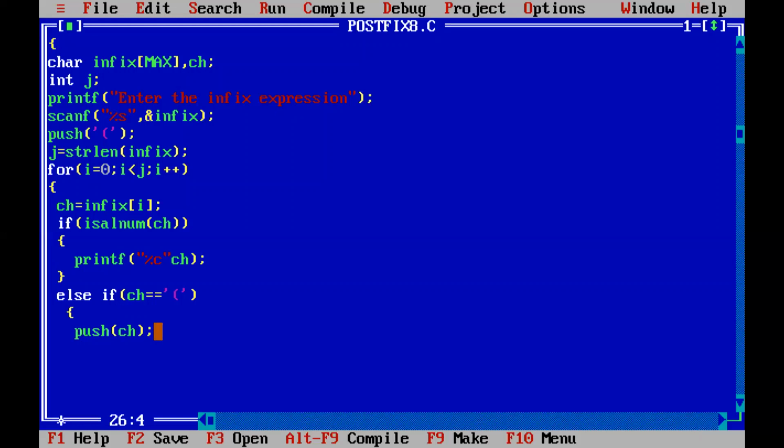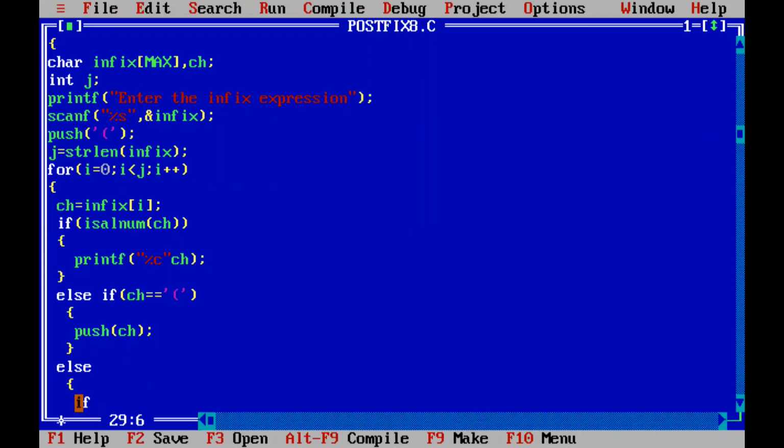Okay, so this will be our second condition, that is, if it is not an operand and if it is a left parenthesis. And the third case will be, like I told you, in the if statement you can have as many else if as you want, but the default case will be our else, right? If it doesn't fall into these two categories, we give it as an else condition. In this, you are going to list out what other possible symbols will be present in an infix expression. You can have a right parenthesis. We saw left parenthesis, but a right parenthesis may be present.